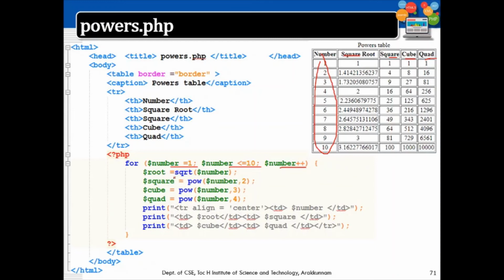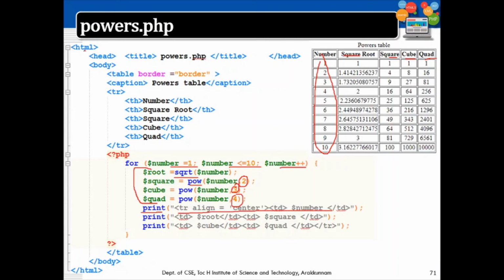So I am using math functions here, sqrt for square root, and pow for finding the square, power of 2, cube, quad, etc. Each of these values I am finding in different variables and printing. I am using the print statement here. Instead you can use echo also. So it is printed as the values of a table.